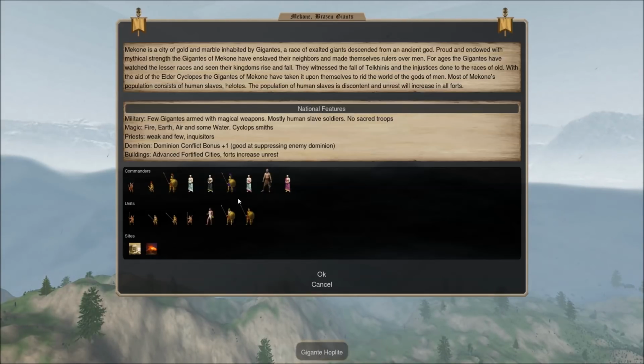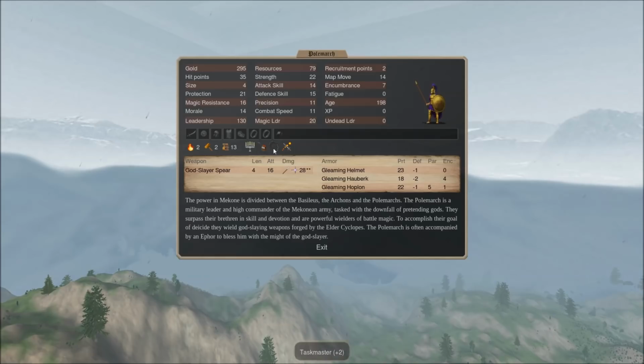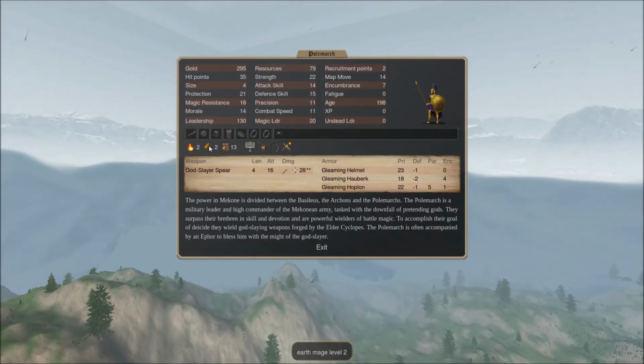They crowd the capital enormously. Polar Marches are really, really good thug chassis. They're very good leaders, with a massive morale bonus to slaves and a good one to normal troops. They're sacred, they're formation fighters, they have Earth 2 and Fire 2, which are great thugging paths, and they are